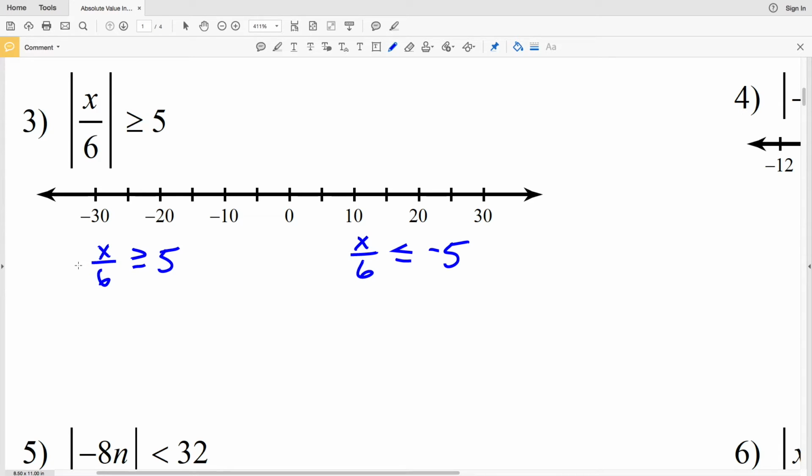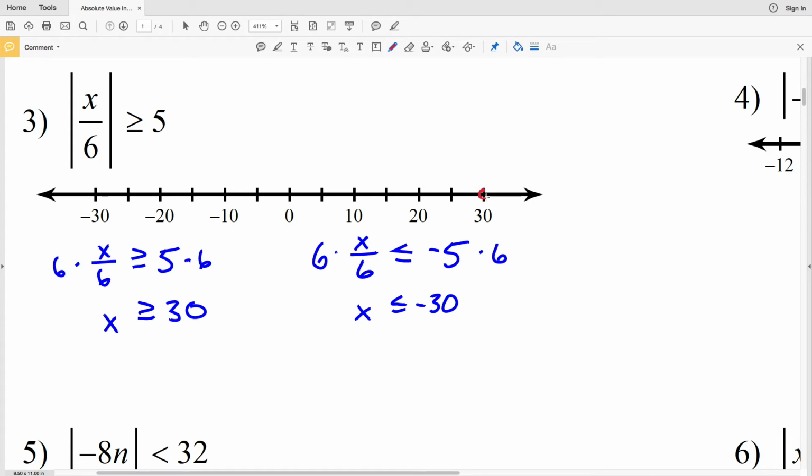So now solving for each inequality, we're going to multiply both sides by 6. And on the first inequality, we'll get that x is greater than or equal to 30. And in the second, we'll get that x is less than or equal to -30. And also, unlike the previous, we cannot combine these with the x term in the middle